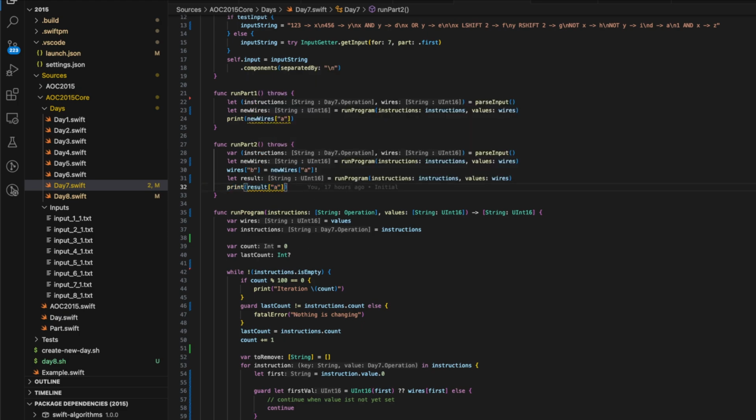And that's day 7. Okay, so that's my solution of day 7. I hope you learned something or at least had some fun. If you solved it